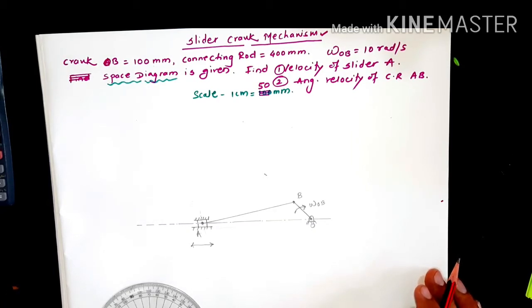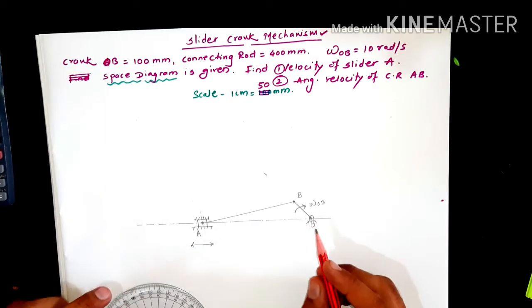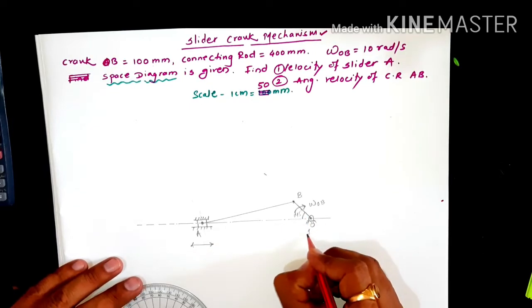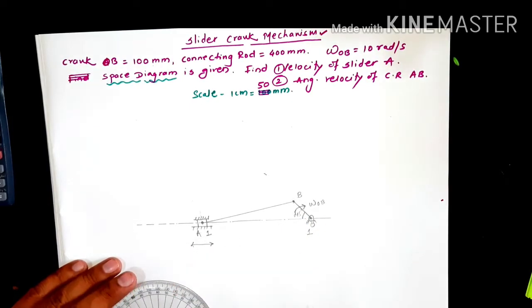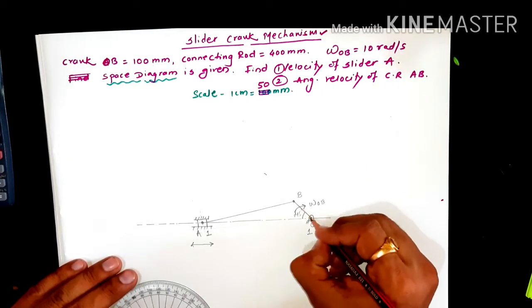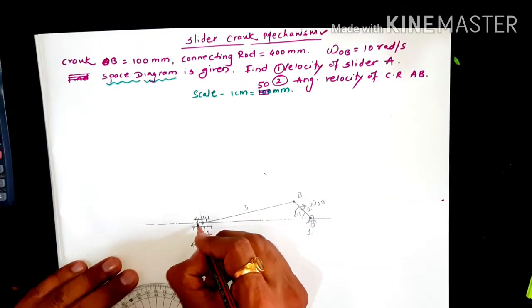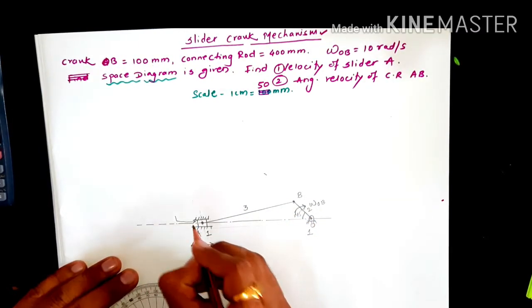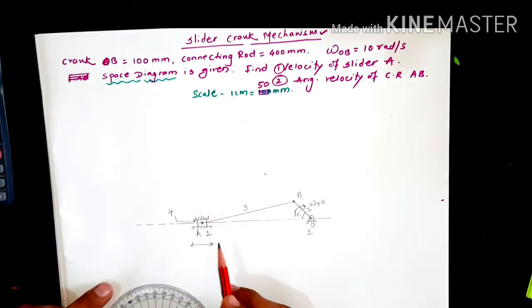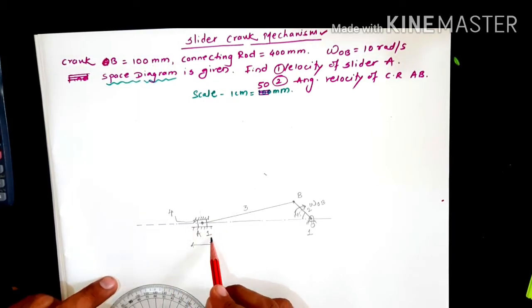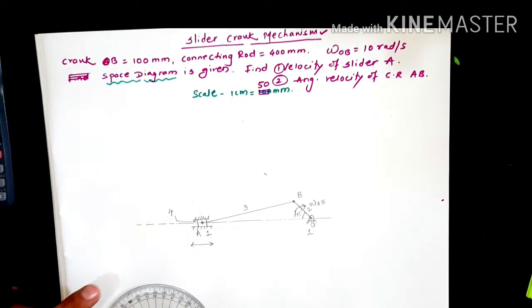So let us name the diagram first, let us number it. This is 45 degrees. The fixed link is denoted as 1, right? This is link number 2, the crank. The connecting rod is link number 3. And this slider is link number 4. The guideways in which this slider is reciprocating or translating form the fixed link, called the cylinder, that is link 1. So now a total of 4 links are there.